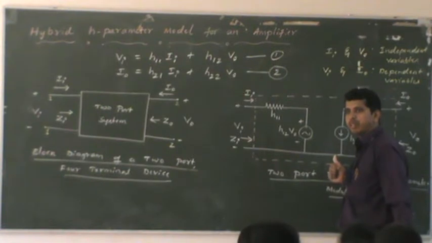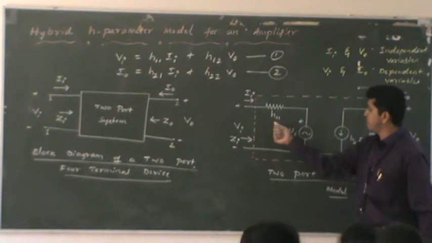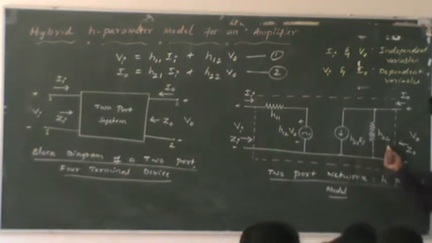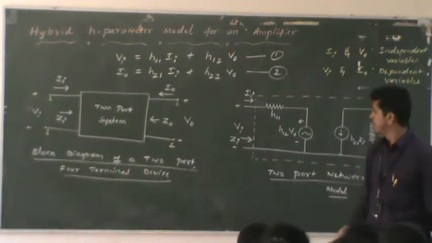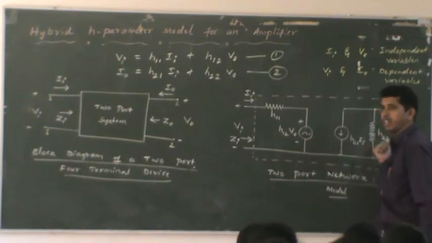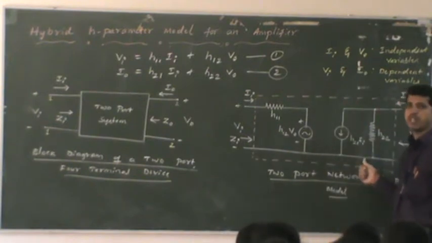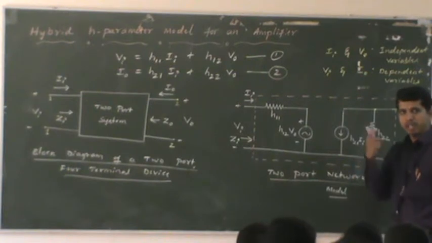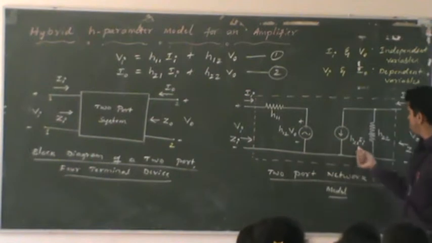You got the point here? Why do we use these 4 parameters here? If you have these parameters like H11, H12, H21, H22, you can model a bipolar junction transistor. That means you are going to construct an exact bipolar junction transistor using these 4 elements. That is possible. I am not going to use an actual transistor here, but the behavior of these 4 elements is same as an actual transistor. That is why it is called modeling. You are going to prepare the replica of the transistor using these 4 elements: H11, H12, H21, H22.